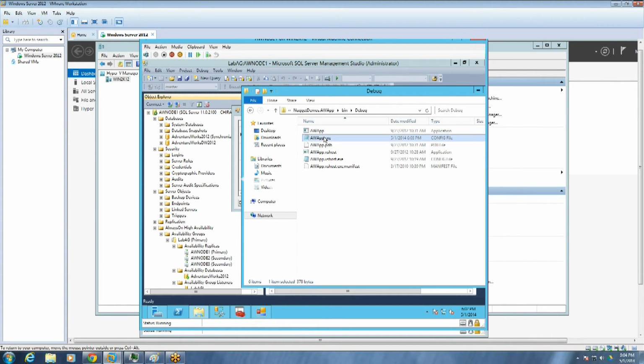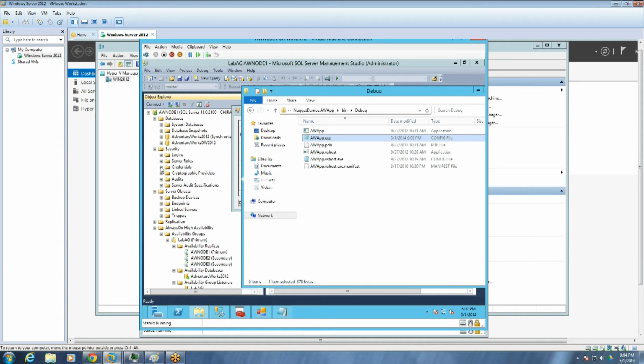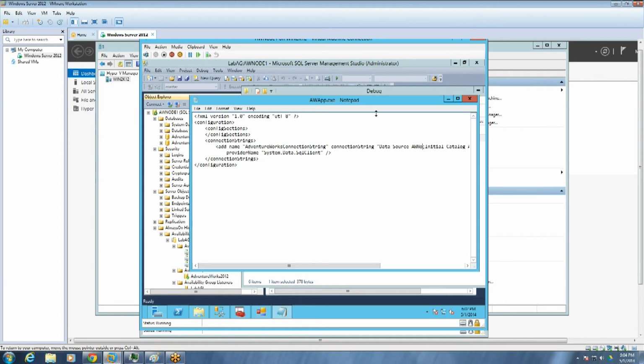Let's go in the config again and let's see how it will fail over. So what was the name of the listener? I forgot. Let's go in there. A node, and go in the always on lab AGL. So let's go in there and say it out. Lab always on group, availability group. So let's close it out.